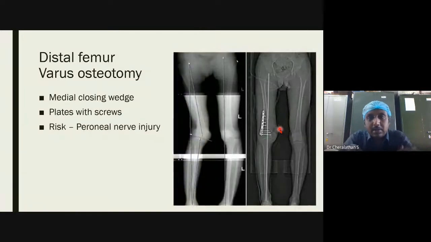Now, what is osteotomy? This is the line which I drew, which I showed in the previous slide, the hip, knee, ankle axis, HKA axis. You can see that the center of the knee has gone so much medial to this line. So that much valgus is there. Now, in the postoperative X-ray, you can see that they have done a varus osteotomy here. They have cut the bone, removed it, and plated it. They have fixed it with the plate and screws, and now you can see the alignment. From the center of the femoral head to the center of the ankle, it is passing exactly through the center of the knee.